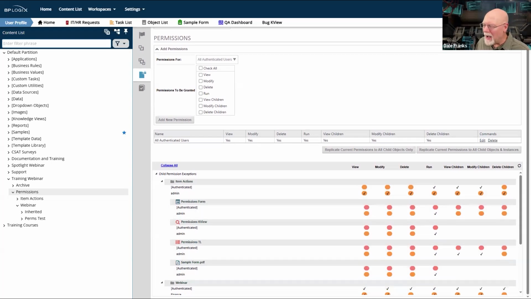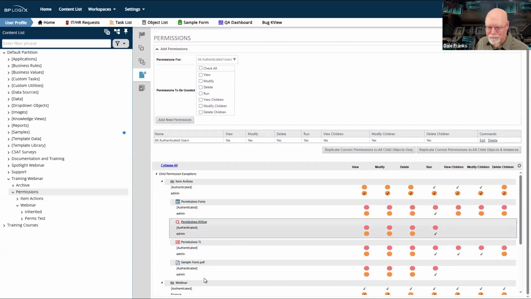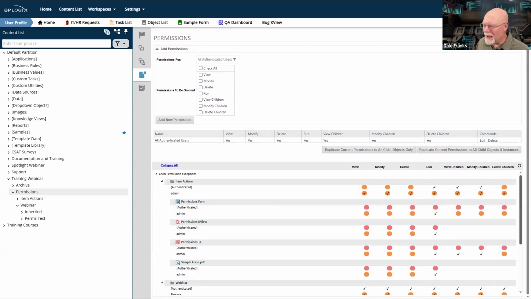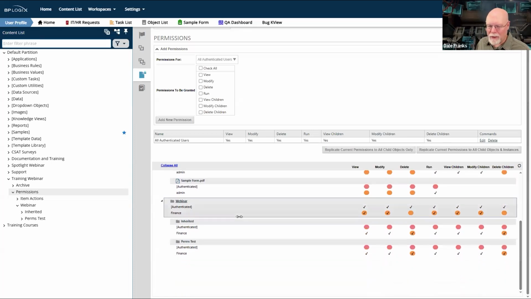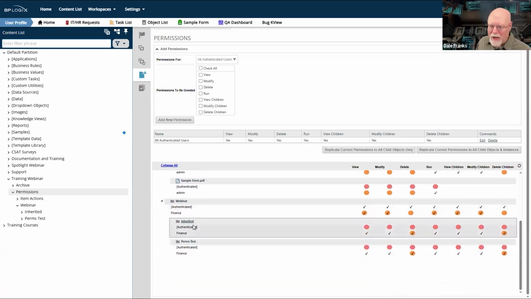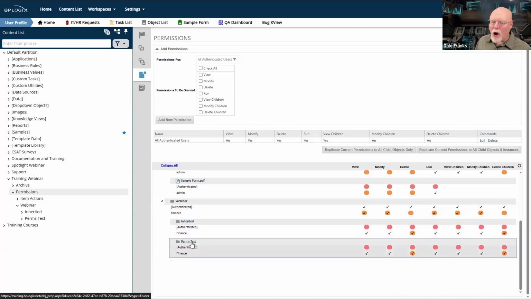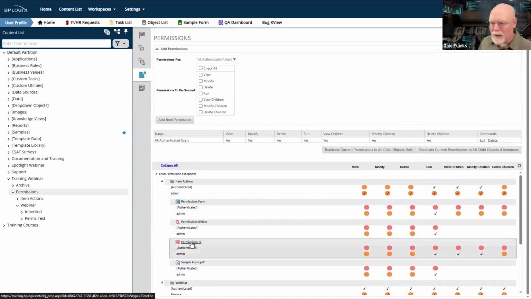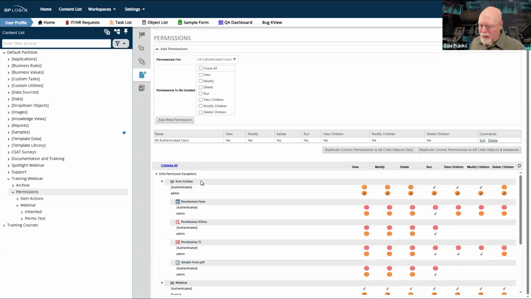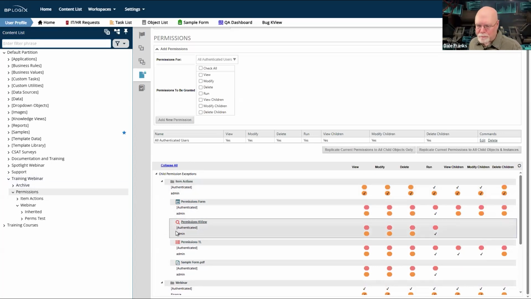So everything in item actions has different permissions. My webinar folder has different permissions. My inherited folder and my perms test all have different permissions. So every object has different permissions than this parent folder.